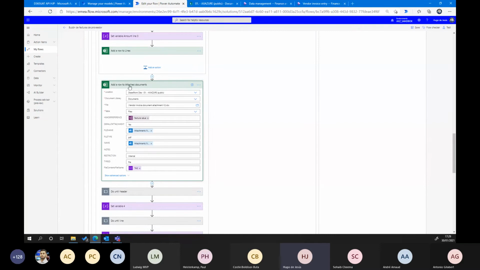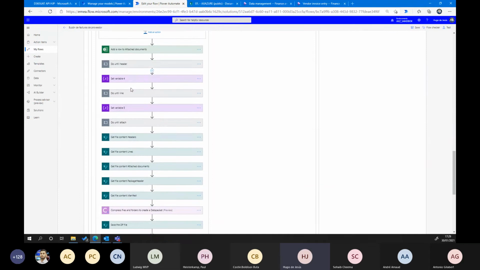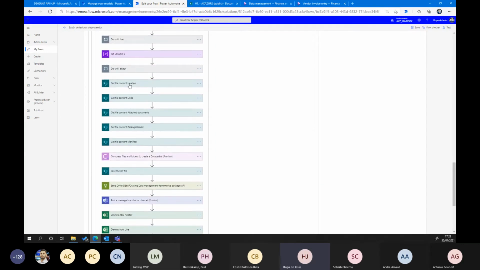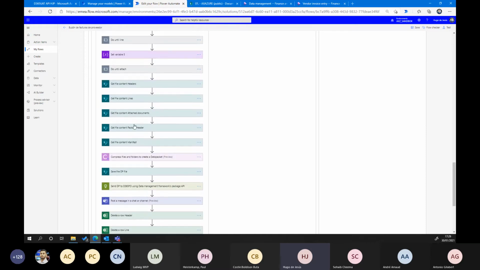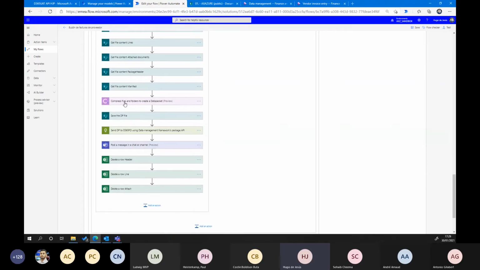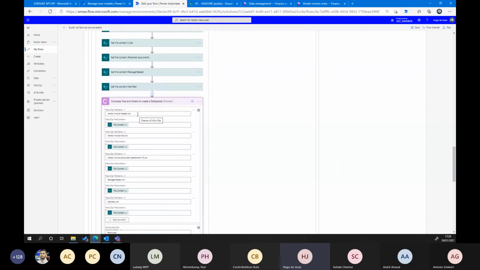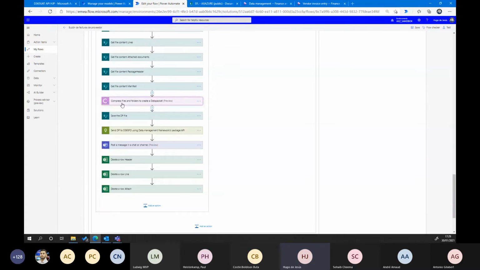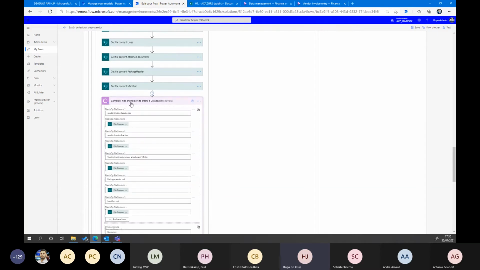In this case, we have all the information here, and then we read all the information from SharePoint: the header, the lines, the attachment, the package, and the manifest. Then we compress the files into a data package. In this demo we are using this functionality, but there are other suppliers. I don't know the name, but in Power Automate you have more than one solution to create compressed files.